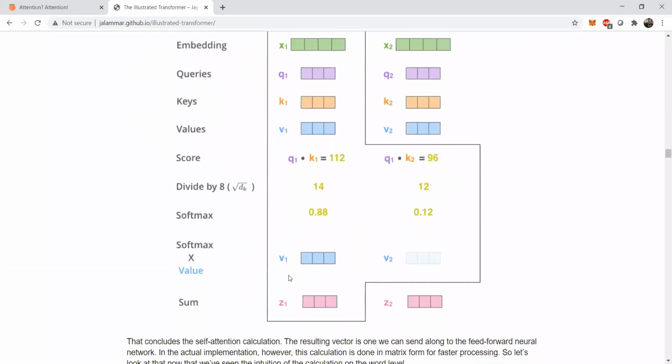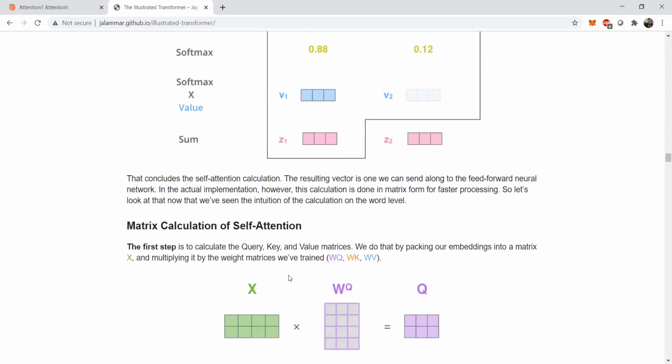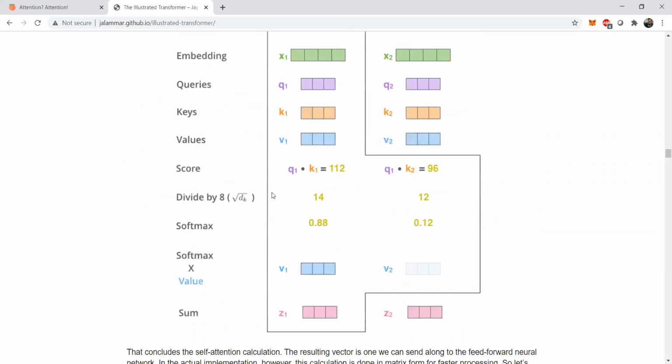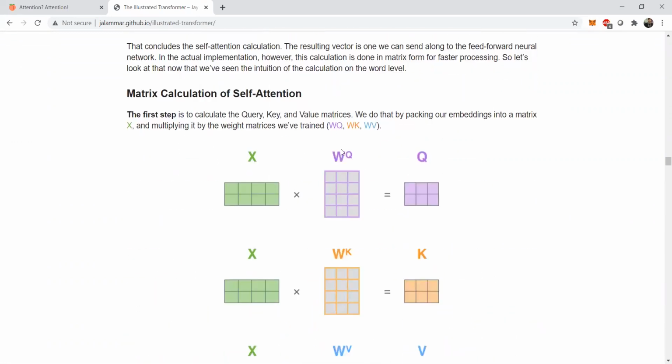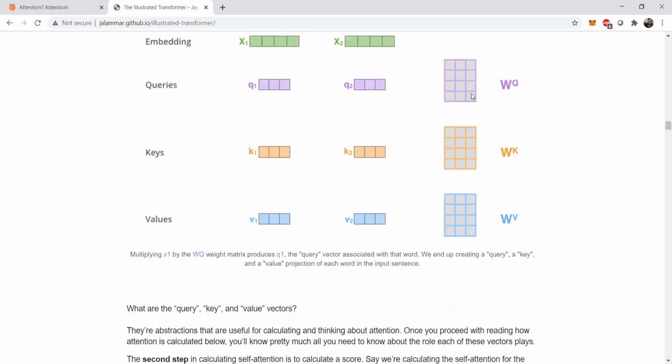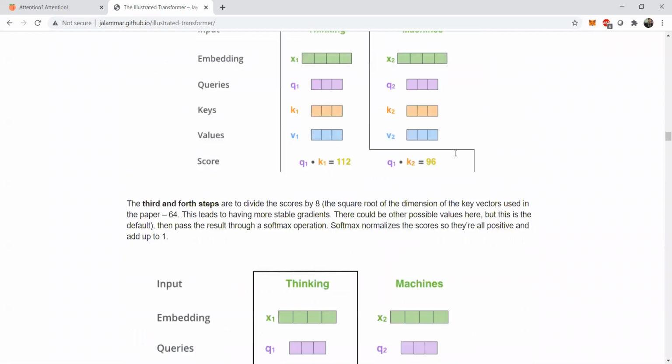But how do we get q and k? So q and k are attained by multiplying the embedded matrix, that is the x, our input sequence that we saw previously as the first step, with the particular weight matrix for the q, k, and v. If we recollect, we already have them initialized, right? We already have initialized wq, wk, and wv. So multiplying x1 with wq, and x1 with wk, we can get the corresponding q, k, and v values. So this is how this gets computed.